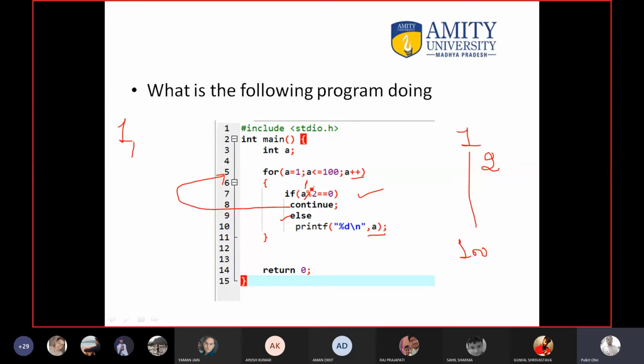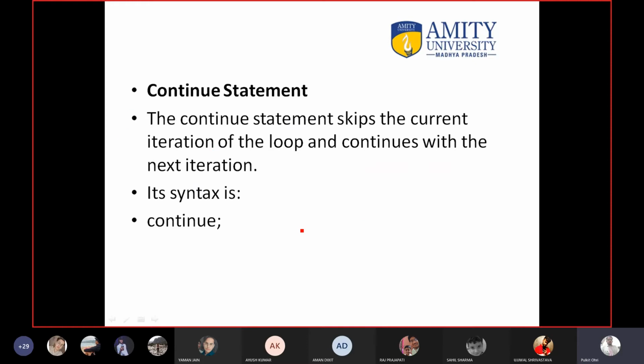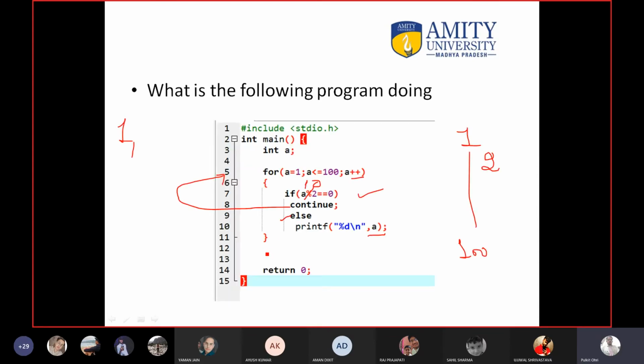Now when you divide 2 by 2, the remainder is 0. So 0 and 0 is same. It means you do not need to go to the else statement and you do not want to print the even number. It means you will go to the continue. Continue means go again back to the for loop. Whatever is below the continue, it will not work, because just read the definition in the previous slide. It skips the current iteration, means whatever the current step it will skip it. So you will go to the next step. That's all. Then the value of a will become 3.